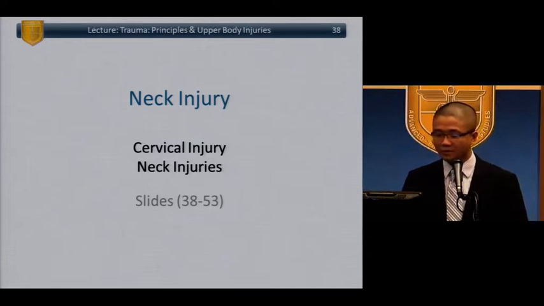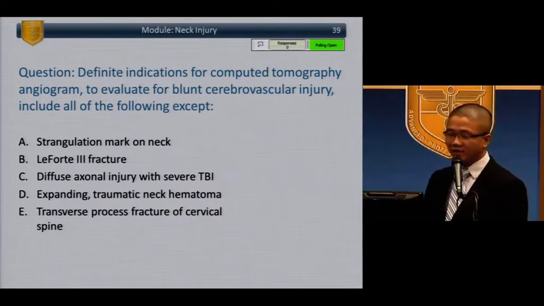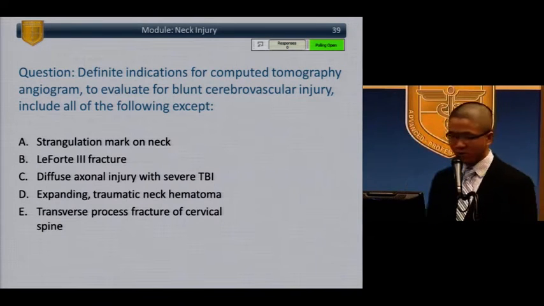All right, let's talk about cervical injuries. Okay, question time. Definitive indications for computed tomography angiogram, CT angiogram, to evaluate for blunt cerebral vascular injury include all of the following except. I know that on the real test there are no except questions, but